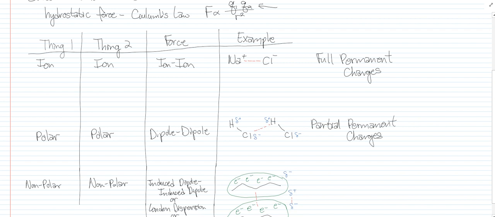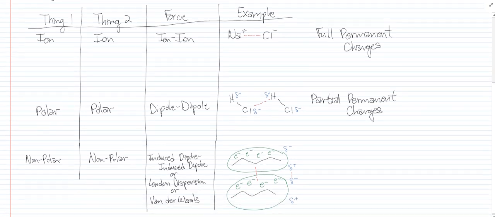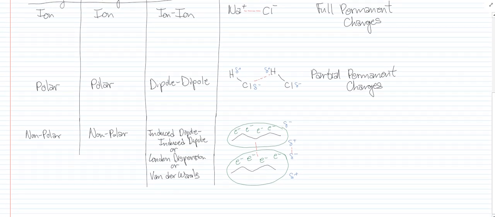Okay, and then what would we call an induced dipole, induced dipole? That is a partial charge. But remember, it only happens if the electrons happen to get in the same spot. So we would call that a partial